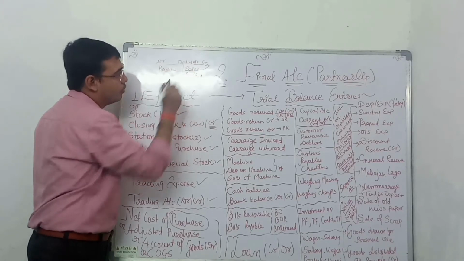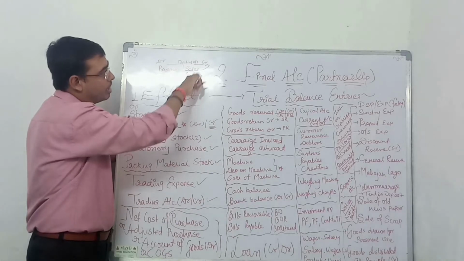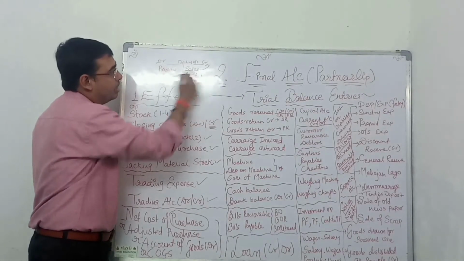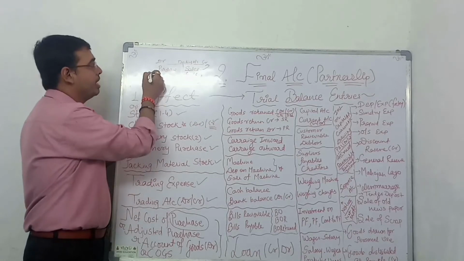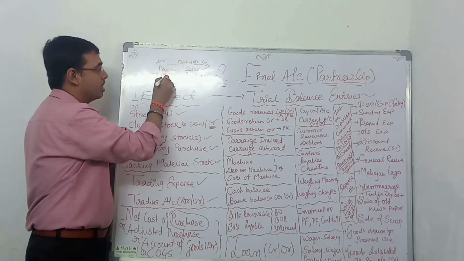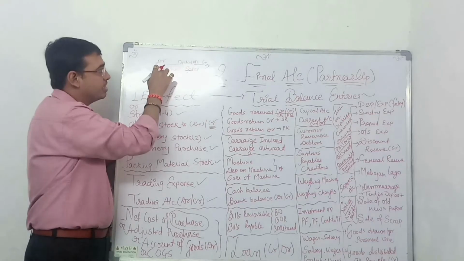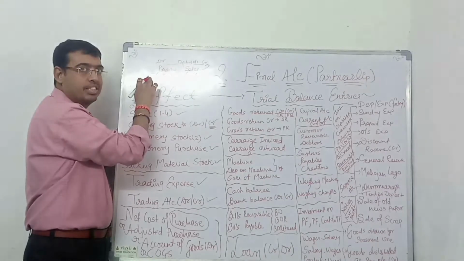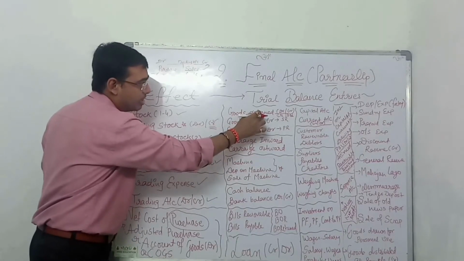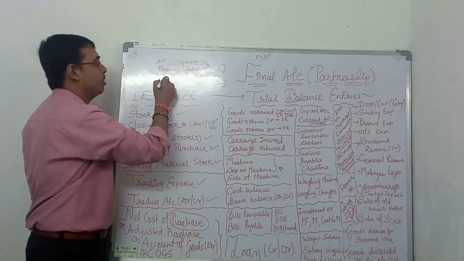goods returned, which side shall I take to subtract from here? Opposite of credit, that means the debit side value. And in the same way here also goods returned. If purchase is on the debit side, what is opposite to the debit side? Credit side. So the credit side of goods return is purchase return. Okay, beta ji, you have understood?